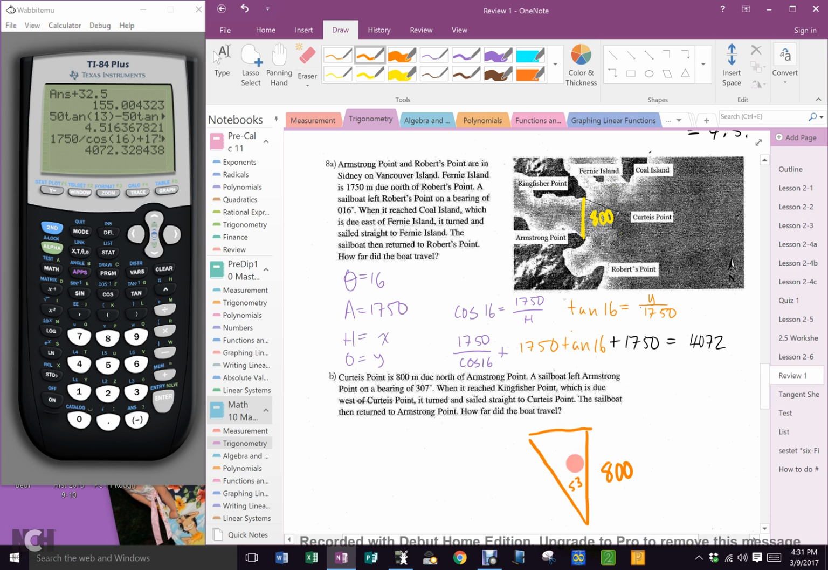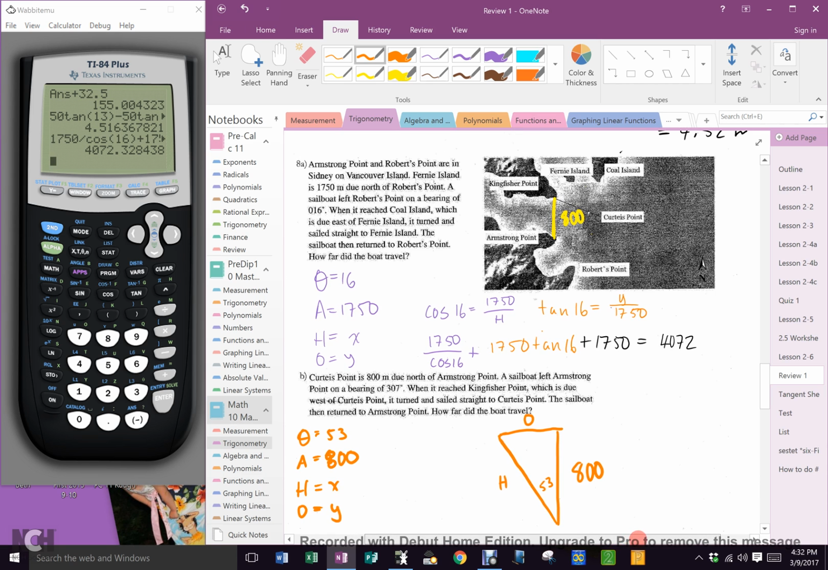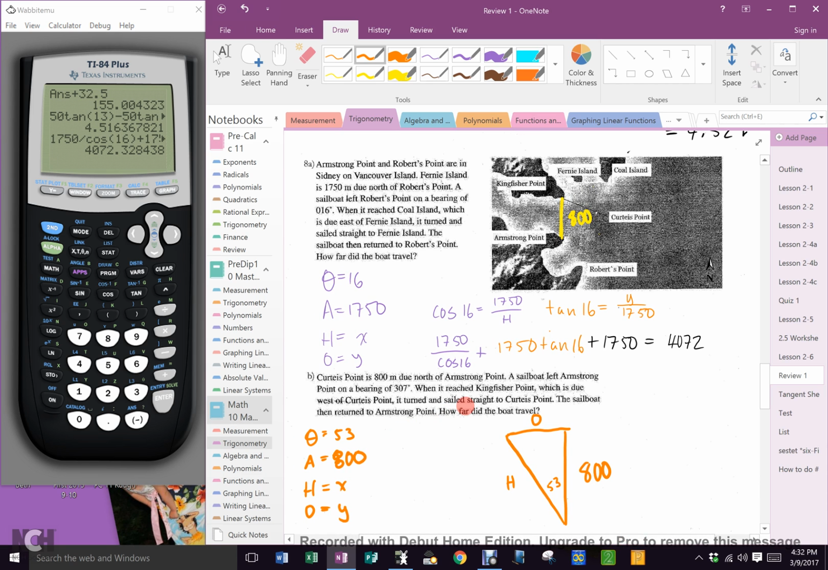So now I want to know how far this boat traveled. So I need an H and an O again. My theta is 53. My A equals 800. Not 8,000. 800. My H, I don't know. And my O, I don't know. So all I do is the exact same thing as I did before. I do